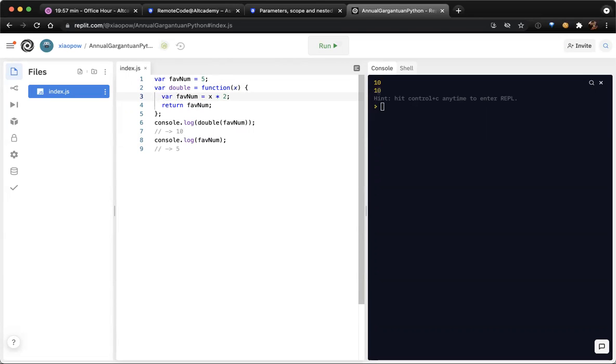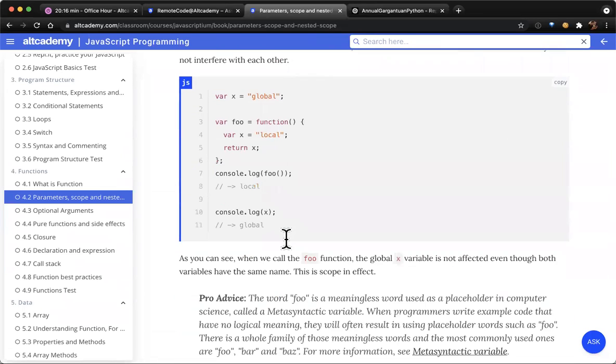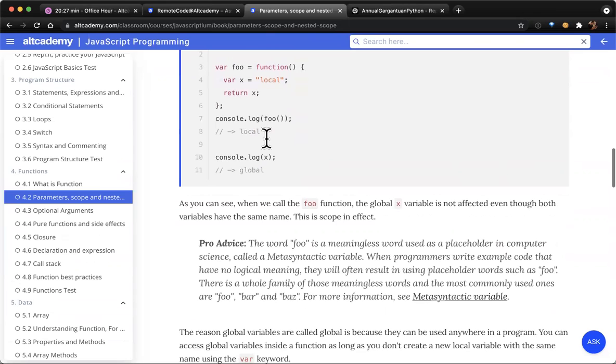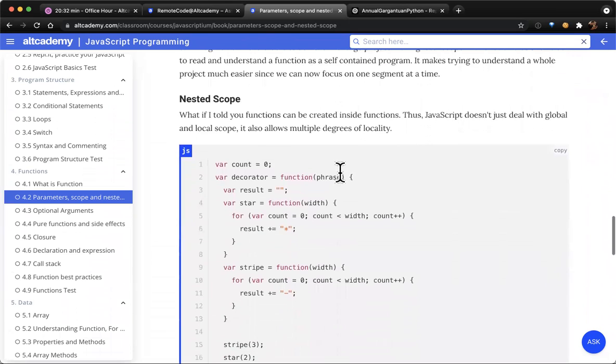Okay. So that's scope. That's it. Any variable that's created inside a function is going to be within the scope of the function. It has no interaction with anything outside of the function. Okay, that makes sense. Okay, so this is the same thing. It's the same example. You have var x inside and a var x outside. This is global, this is local. It's the same example. Okay. So that's the scope.